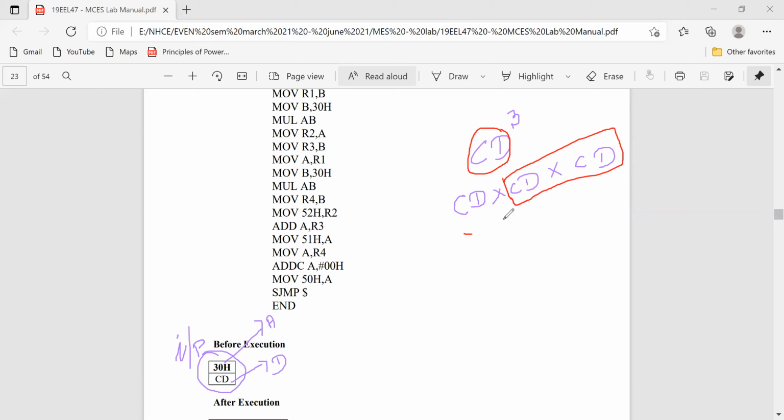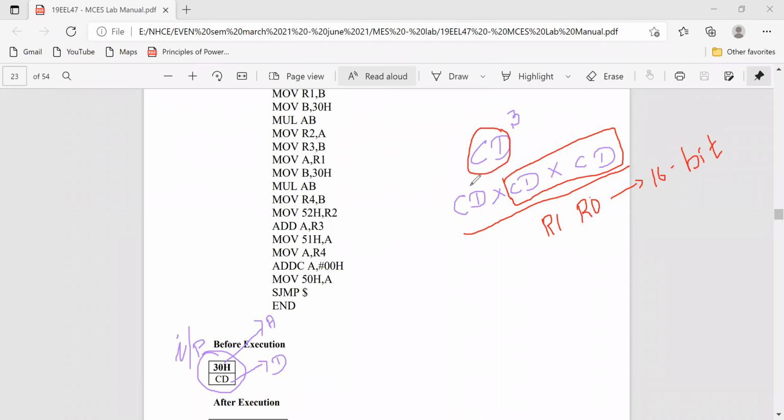You will be getting a 16-bit data. I will place it here. Your result will be in 16-bit data. As per this program, they have used R0 and R1 to store the result. Now you multiplied these two data and you got a 16-bit data output. The next operation, I'll tell you how to do.